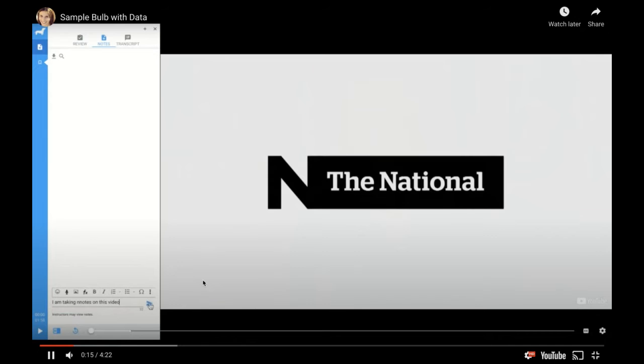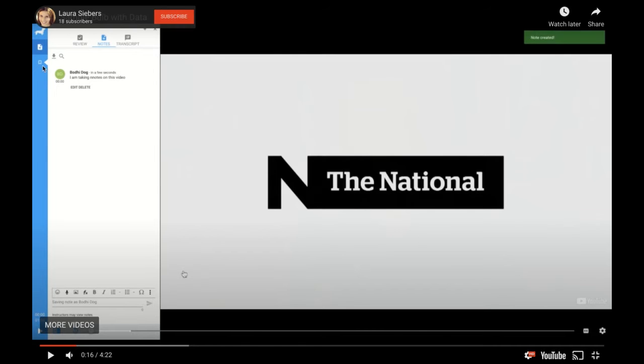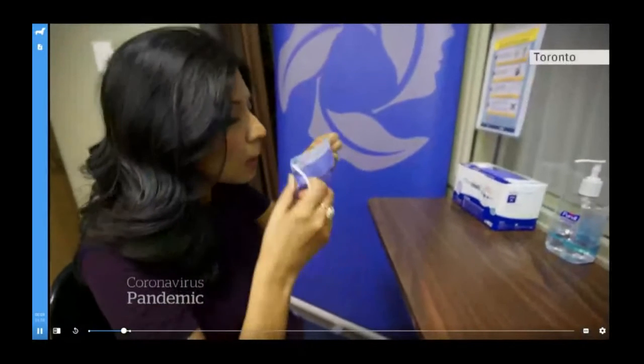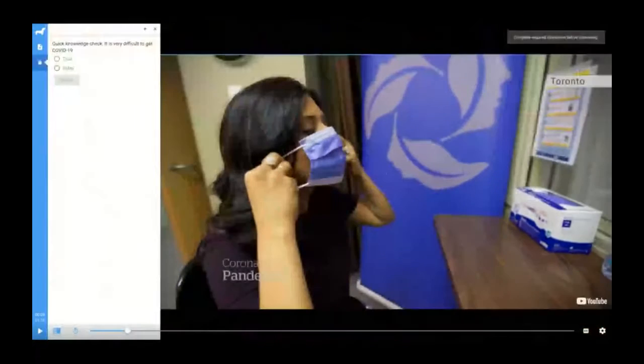And you don't have to actually add anything for this notepad to appear. All you have to do really is just pull your video into PlayPosit and we'll automatically attach that notepad. As you can see, it's timestamped, so if learners do decide to go back and rewatch this bulb, they can click into those timestamps and go back to that specific point in the video. They can download them. You can even see the notes as well. So really powerful tool that, again, is just always going to be automatically applied to your bulbs.